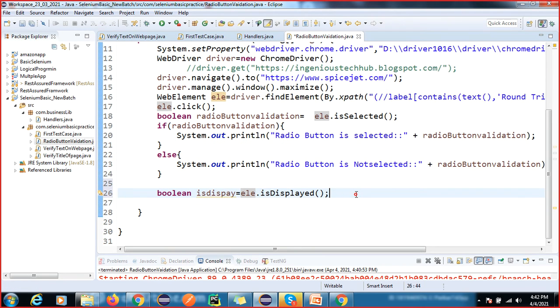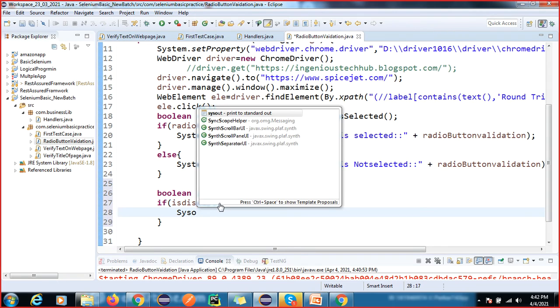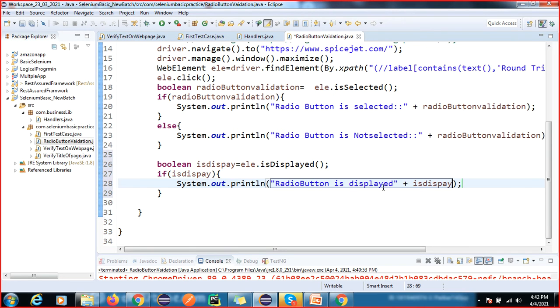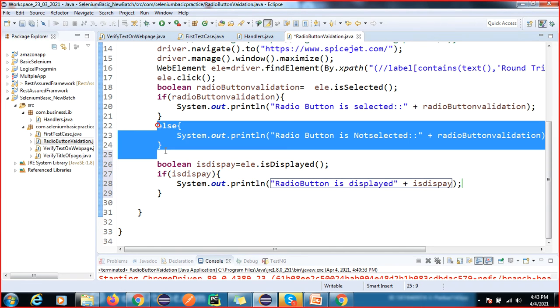Same thing I will do here: if isDisplayed, then print radio button is displayed. Again I will write isDisplayed here. The implementations are the same, returning the same thing, and this is the else condition.